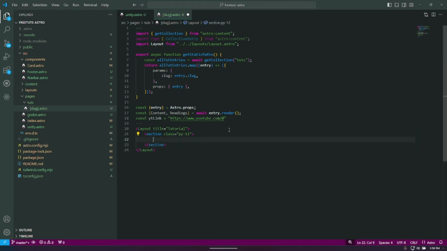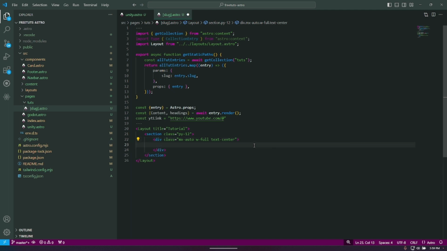Okay, so we've got a section, class of padding white 12, and we're going to just import all the information. So we'll just create a div with the class of mx-auto, and we'll say width full, and we'll say text center, and that will contain